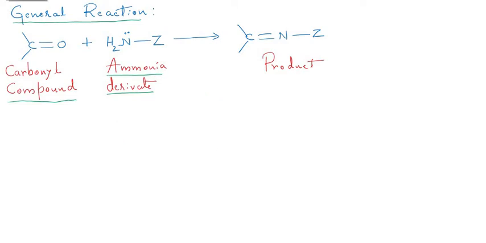So when such ammonia derivatives are treated, we can find that this oxygen along with two hydrogens is lost in the form of water, H2O, and the remaining part, this nitrogen, gets connected with this carbon in the form of C double bond N, to which we have that group attached, which is nothing but the ammonia derivative group Z. Okay, so these are the products, right? Altogether here we have 5 ammonia derivatives and we are going to discuss them one by one. Before going to that, let us try to understand how the mechanism follows.